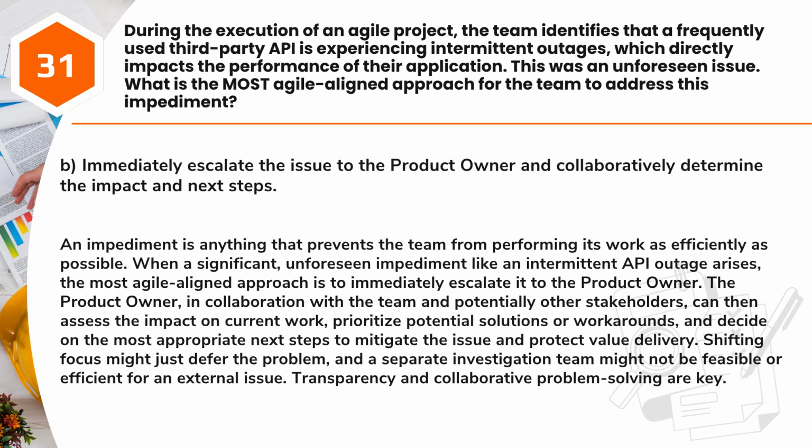Answer: B. Immediately escalate the issue to the product owner and collaboratively determine the impact and next steps. An impediment is anything that prevents the team from performing its work as efficiently as possible. When a significant, unforeseen impediment like an intermittent API outage arises, the most Agile-aligned approach is to immediately escalate it to the product owner. The product owner, in collaboration with the team and potentially other stakeholders, can then assess the